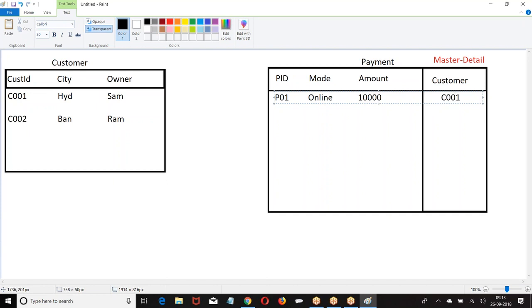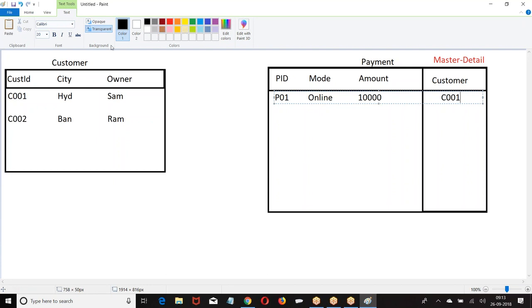Right. Now look at the format. Customer. Now in the currency field, currency value will be there. Date field, date value will be there. Similarly, in the master detail field, what value will be there? ID of parent record. Whichever the object you are having a master detail, that object record ID will be stored.